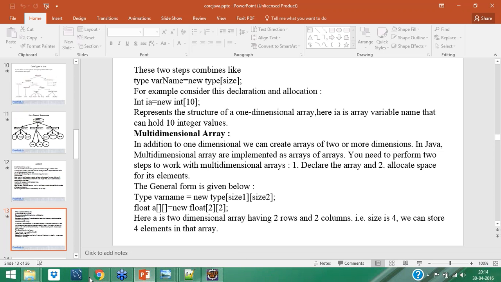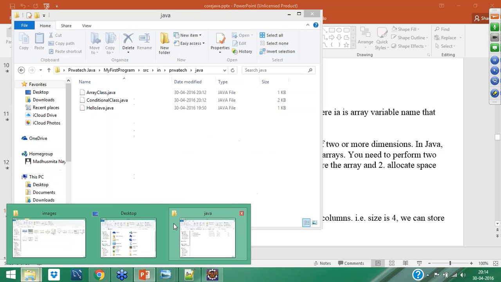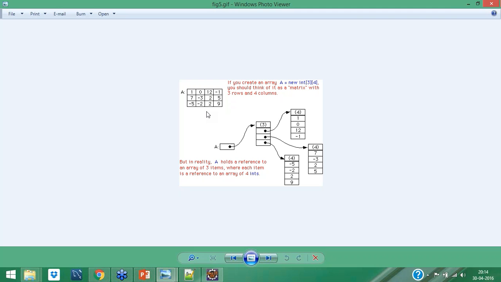How should it look? Let me give you the idea here. I have this information here. Okay. So multi-dimensional array means it's a matrix. When you are talking about multi-dimensional array, you could have an idea of matrix from plus 2 or plus 3, your college career. In mathematics, we had a matrix. Matrix is nothing but it will have information like what is the row number, what is the column number. Based on that, it will create the structure. Okay, and accordingly you can put your data inside.